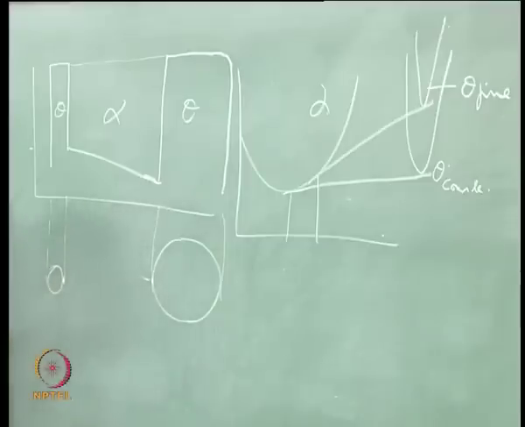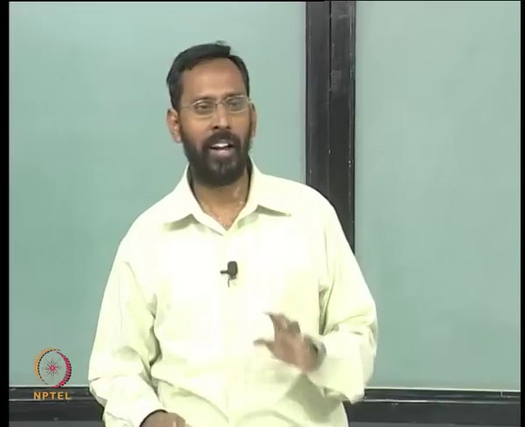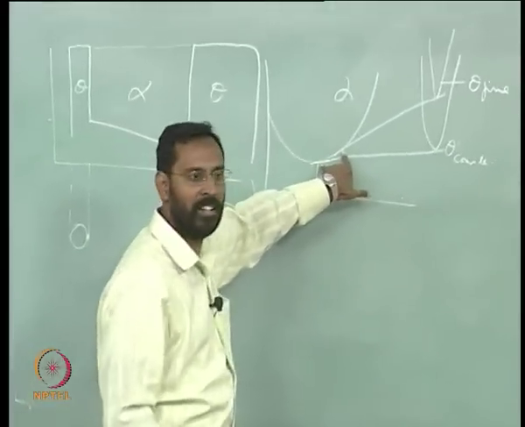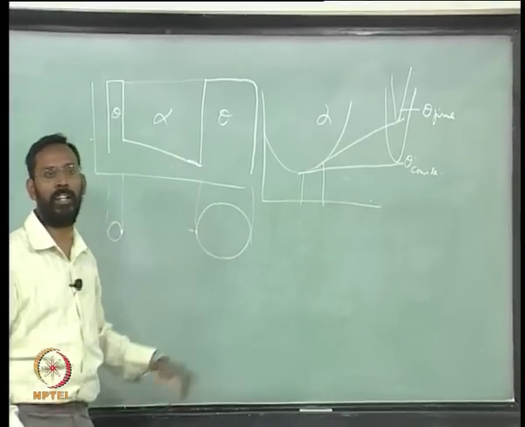And the moment they have equal sizes, when I say uniform precipitates, that means they all have the same size. If they all have the same size, do not bother how they came about, we need not bother about that. As long as all precipitates have the same size, this difference does not exist. If this difference does not exist, there is no gradient. If there is no gradient, then they cannot grow.